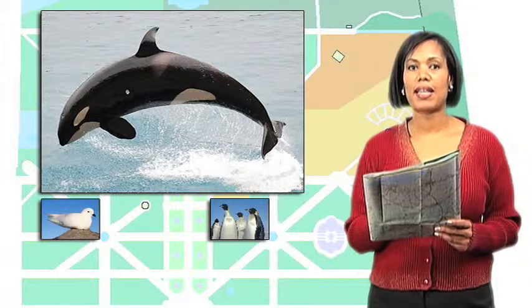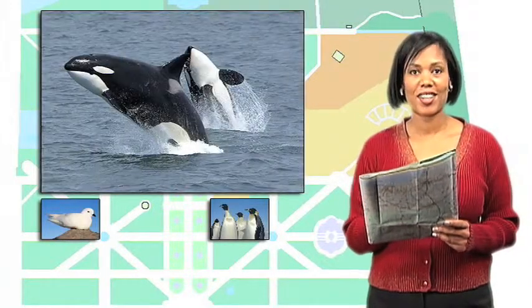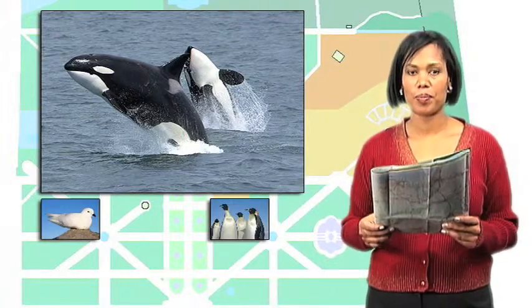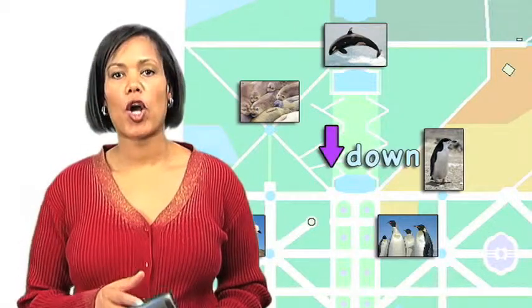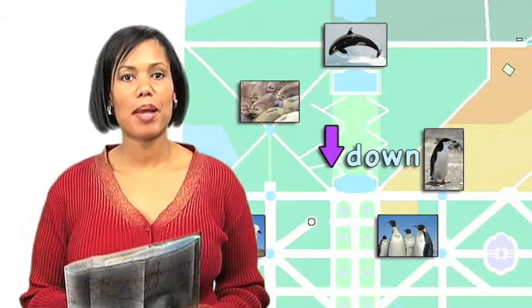Did you know that even though whales swim in the water, they aren't fish? They're mammals, like you and me. They're very smart too. Now, do you know what the opposite of up is? Down. If I go all the way back down to the bottom of the map, I will be able to